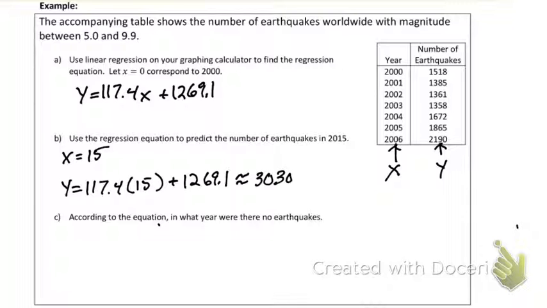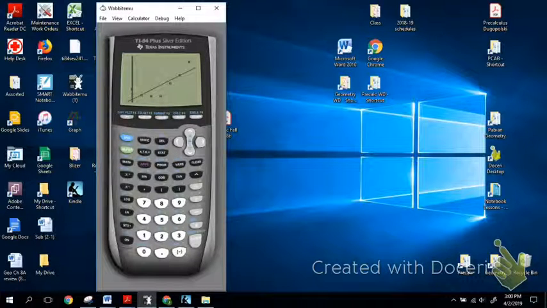But if you are someone that knows how to use your calculator, if you are someone that learned how to use your calculator and didn't just goof off the stuff we were doing, if you go back to your calculator and notice on your graph, there's a table button right above it. If you click on that table button, you can actually see all the values of x being plugged in. So if I had a whole bunch of problems, I say, what happened in 2050? What happened in 2049? You can just scroll to your indicated value. So in this case, we're looking for 2015. So if I just scroll down to an x value being 15,